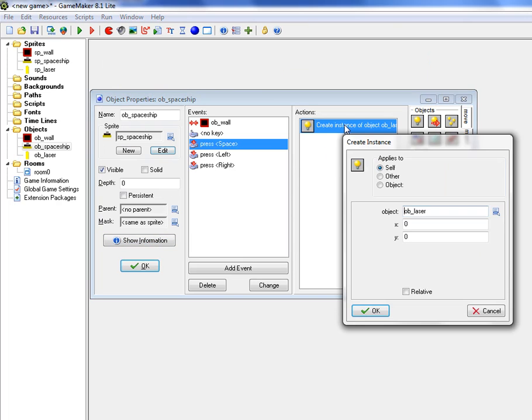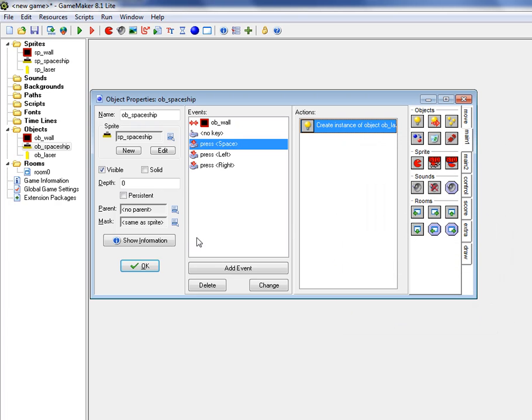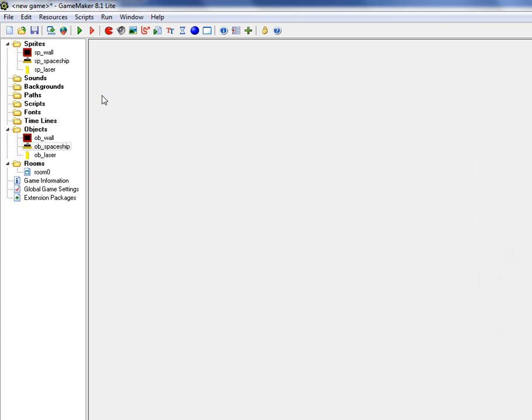But when I go to create instance, I'm going to put 25 for the x-axis, and y should be 6. And this needs to be relative so that whenever I'm moving it, it'll be relative to the position I've just moved my spaceship to. I know it sounds like a lot, but let's hit OK, and let's hit OK